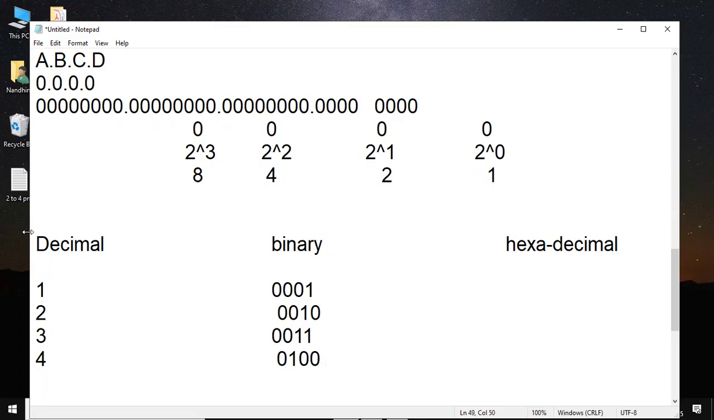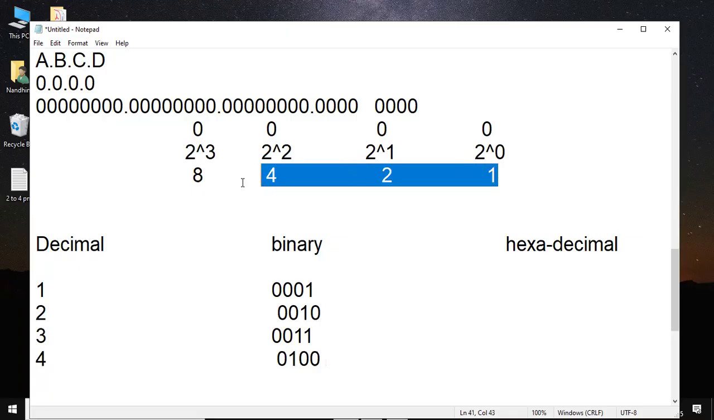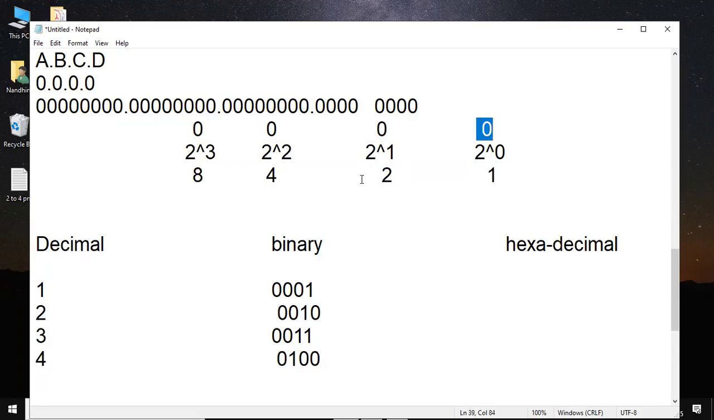Sir, I didn't understand the third one, sir. Please explain. Third one. Okay. See, for the third one, the value is 3. We don't have 3 here. Do we have 3? No. So I have to add 2 plus 1. So that's why I turned on this bit and this bit, so that the value has become 3. Okay. Here you can see. Okay, understand? Yes. See again,